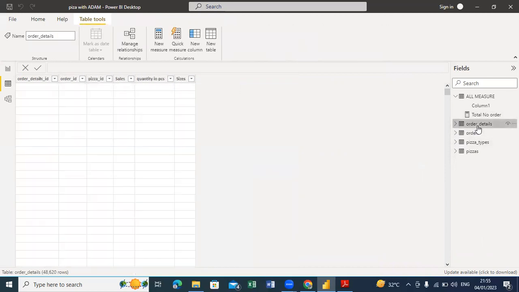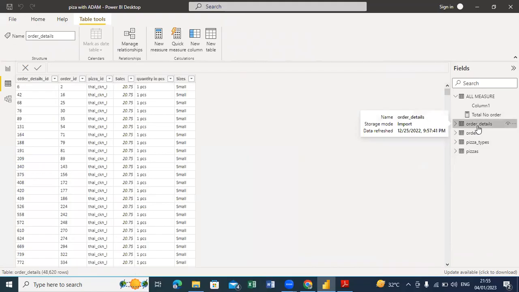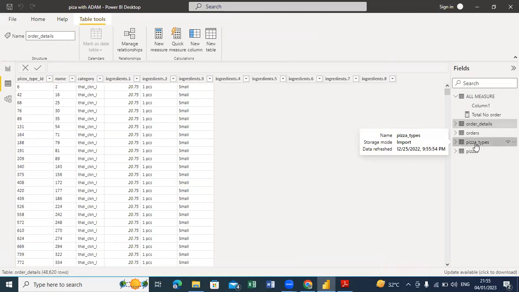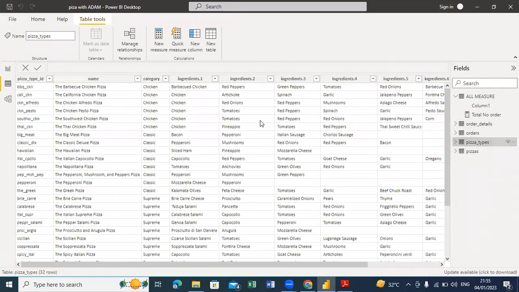Now let me introduce something under formula. Let me see the columns here. I want to introduce one more formula that you will always need also. That is